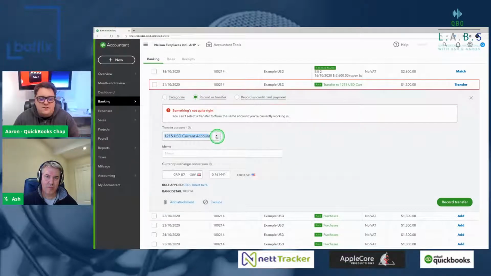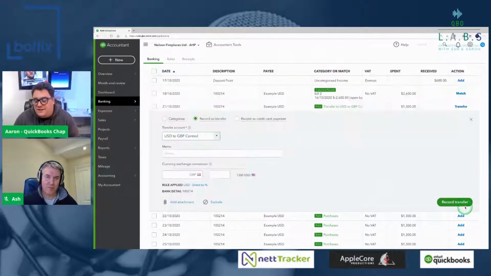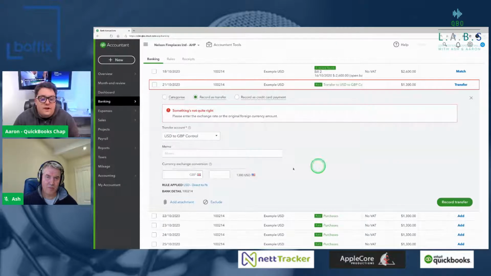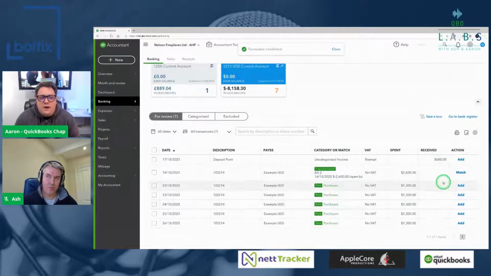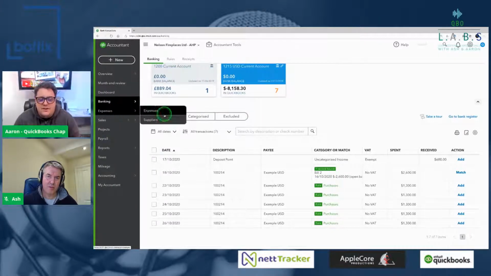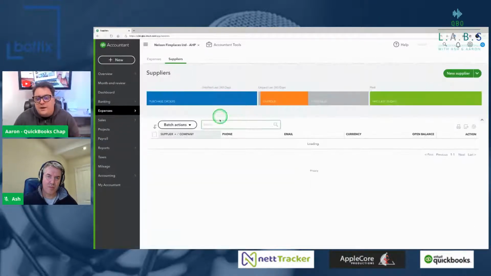Oh, I chose the wrong account. I've got the control account, USD to GBP, there. Transfer that over, and this time around I'm saying I've got £1,000. I would record the transfer, and it's only now that I've recorded the transfer that I can start allocating it to the right transaction.